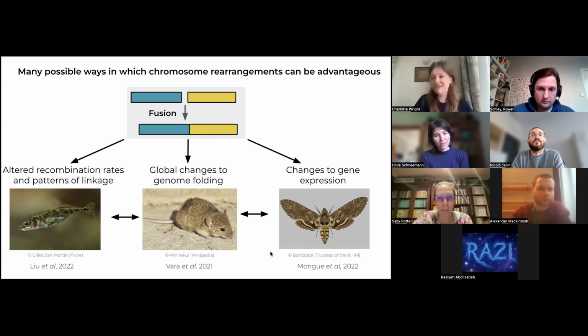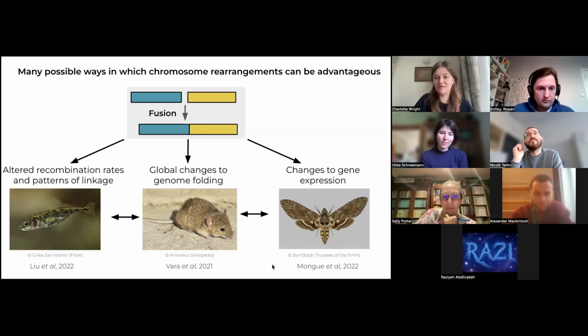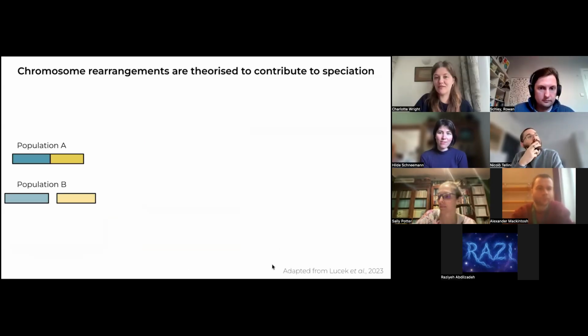But of course, these are also interconnected, right? Changes in how the genome is folded can have knock-on effects on how recombination is regulated and also how gene expression is. So these are all interlinked. And perhaps unsurprisingly as well, for a long time, the role of these rearrangements in speciation has been hypothesized, starting in the 1960s, when it was first considered that if you had two populations that differed in a chromosome rearrangement, so here population A has a fusion that population B does not,